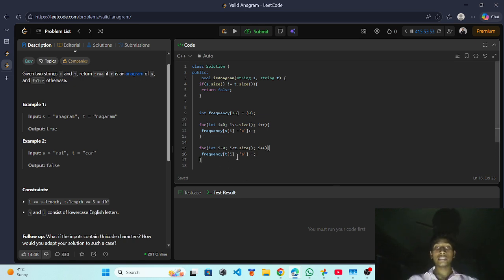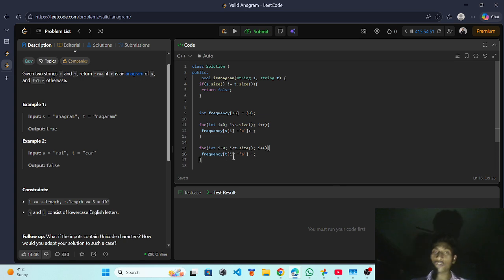In this S string and T string, both are related like this: when the number of characters is passed in the S string, the frequency of those characters will be counted and increased. Suppose the count of character A increases to 3. Then when character A comes in the T string, it will be decreased by 1 each time, so here 3 and here minus 3 both will be neutral, and so it means that